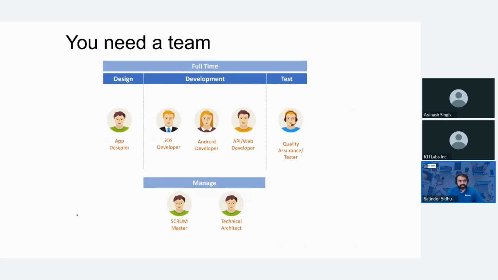We need a dedicated app designer who can understand the color concept, color styling, and design the screens according to your brand. Then we need dedicated people for the Apple platform, for the Android platform, and for building the back end, the web APIs. We do complete end-to-end solutions, right?